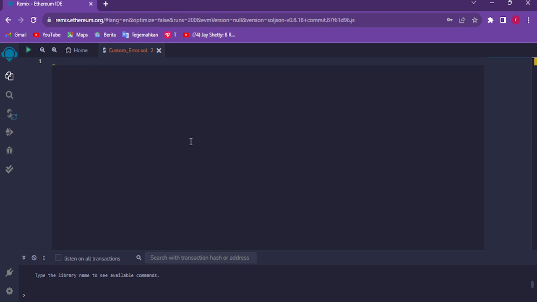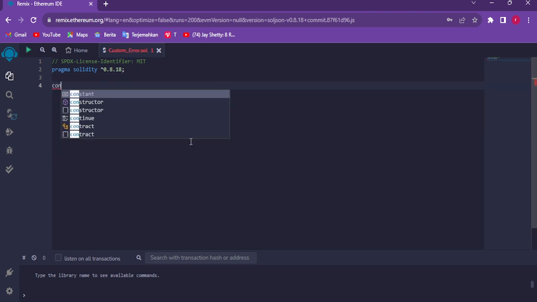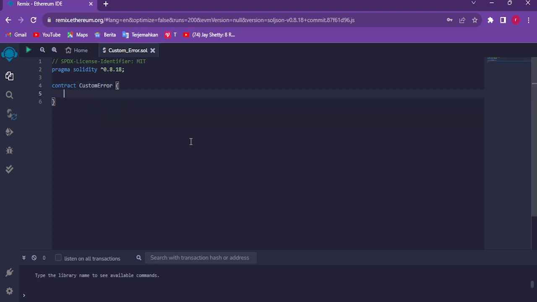create the example. As usual, type license and pragma solidity of your version. In this case, my current version is 0.8.18. Type contract and then name it custom error. There you go. Open up the curly brace, and then